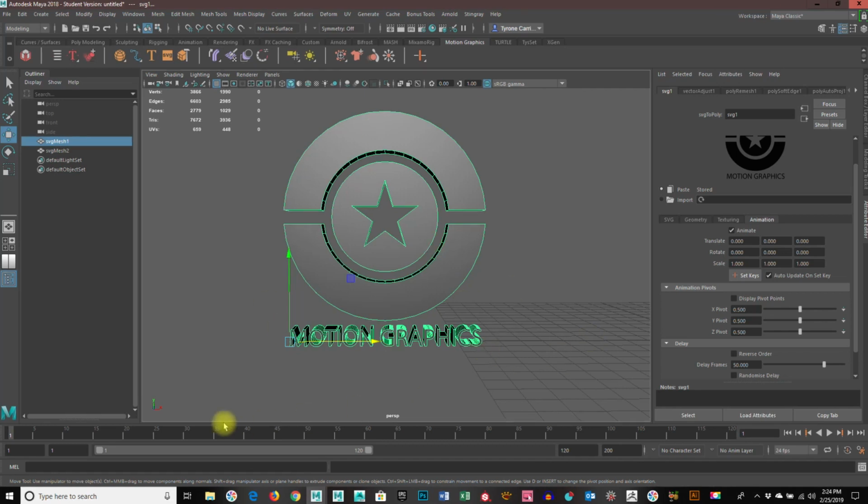So I'm going to go, and I'm actually going to go in reverse, not of that process, but when I want something to happen, and I'm going to show you what I mean. Let's say at frame 48, I'm going to go over here, and if I say set keys, it will set a key for all the translates, rotates, or scales. So I'm just going to set key. And then I'm going to go back to frame 1,